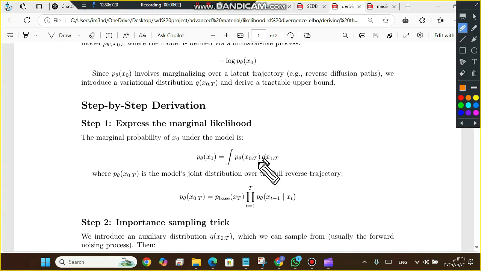Now, the probability of x from 0 to t is a path probability. What do we mean by a path probability? In order to understand the path probability, let's have the following example. Let's assume that we have three words, which are A, B, and C, and we have, let's say, two steps. So, starting from the first step over here,